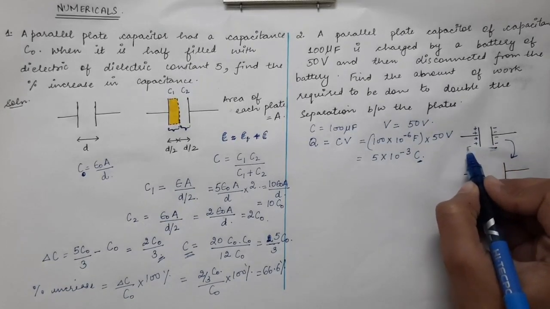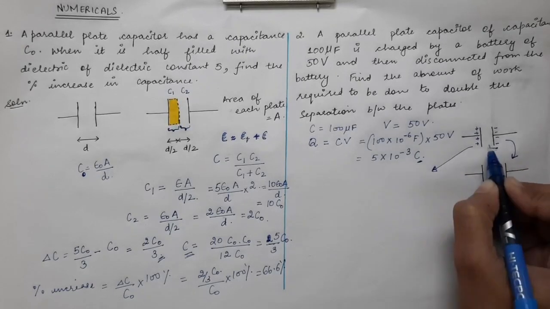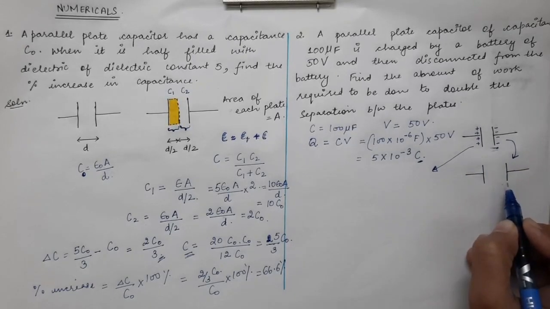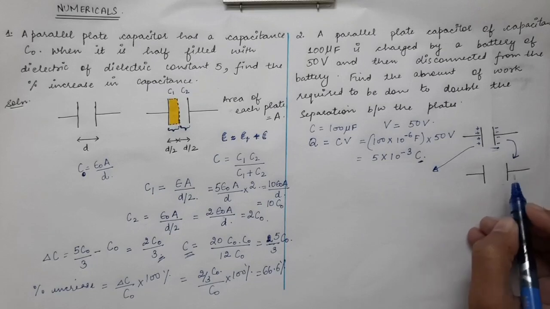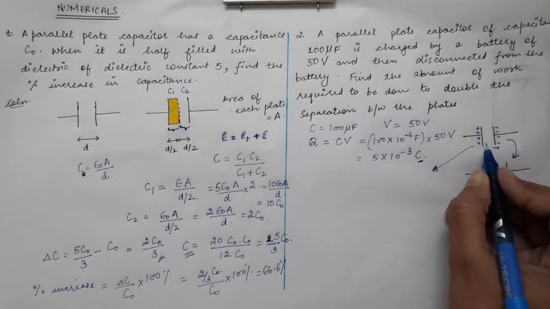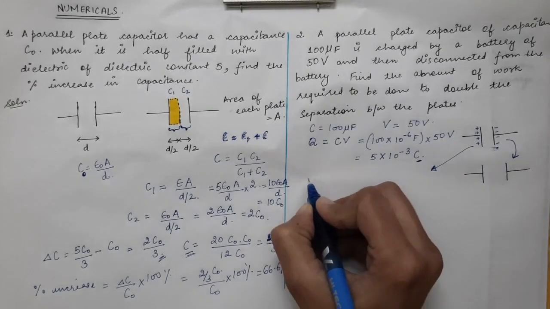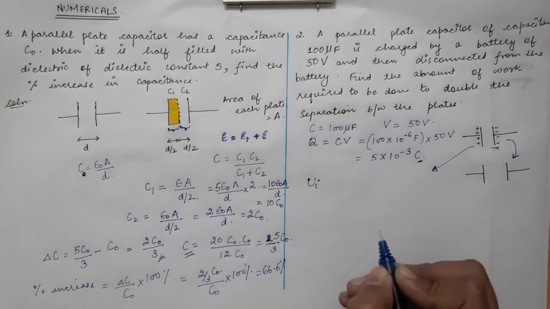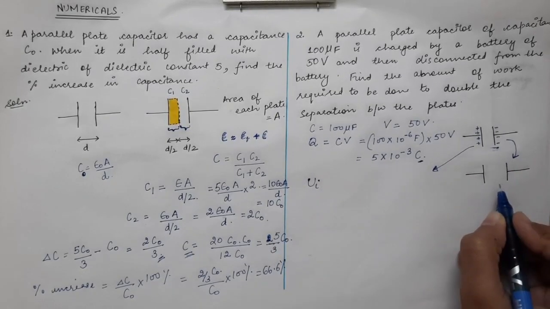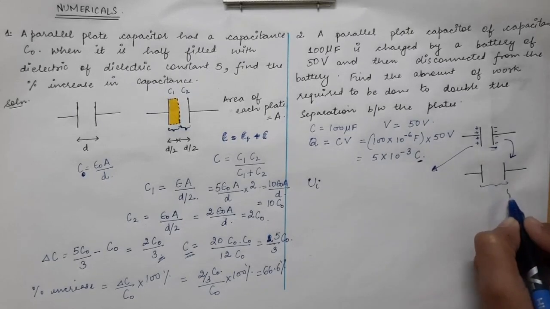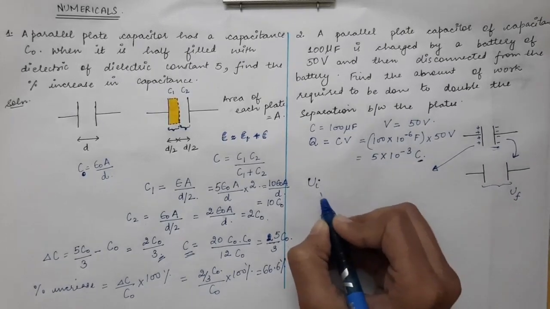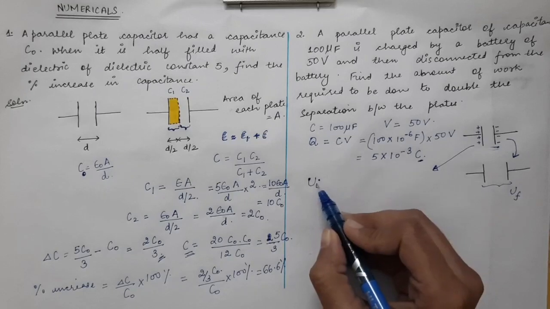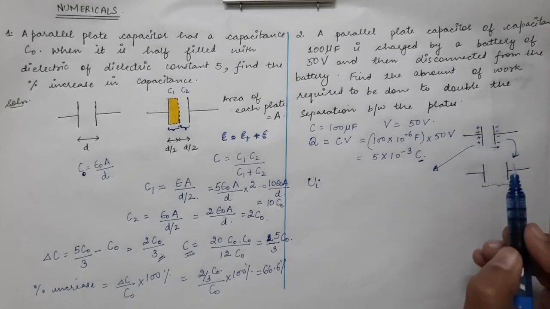So first of all, we have to find the potential energy of the first capacitor, then we will find the potential energy of the second capacitor. So for the case of the first capacitor, what will be the potential energy? Let's say this was the initial potential energy, and the final potential energy will be represented by Uf. So Ui represents the potential energy stored in this first stage.